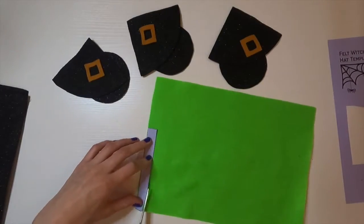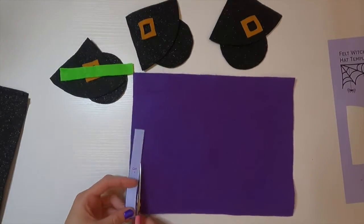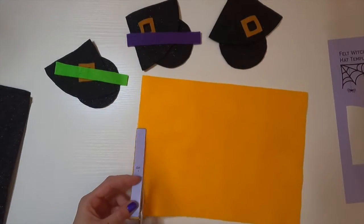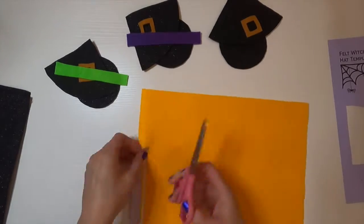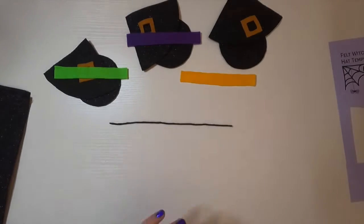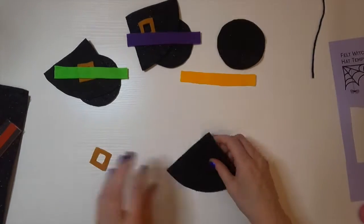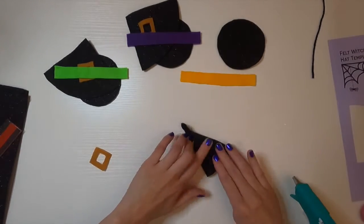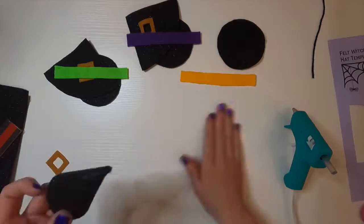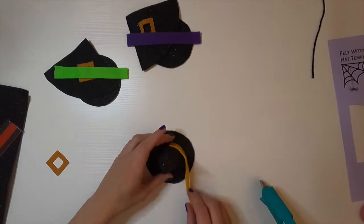Then it's time to decide the color of the belt that will wrap around the base of the hat. I've chosen neon green, purple, and a dandelion yellow. I'm also going to measure out a small piece of yarn. And then I'm going to glue the hats together, starting with the triangular piece to form a cone for the top of the hat, then going around the base of that and gluing it to the circular piece, wrapping the belt around,